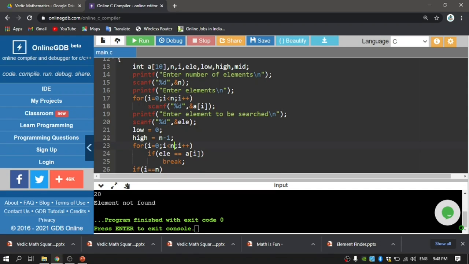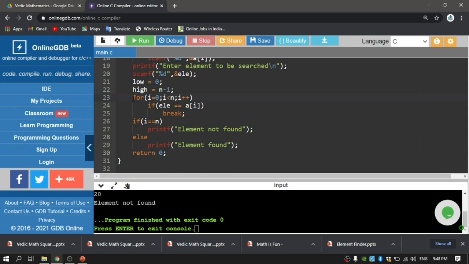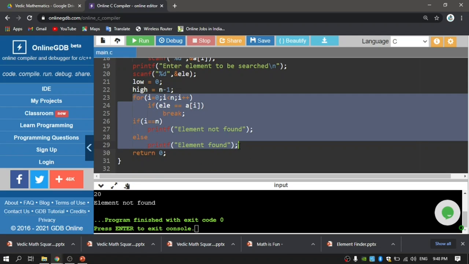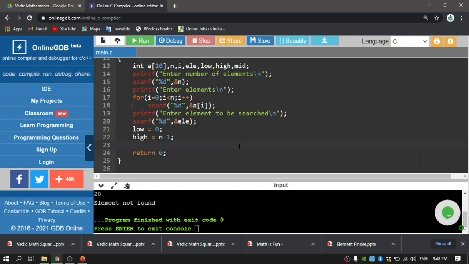I'm removing all this, let me delete it. While discussing the practical way earlier in one of my slides, I told you that whenever the condition low less than or equal to high is true, there is a chance of having the element, and whenever the low value has crossed the high value, the element is not available in the list.